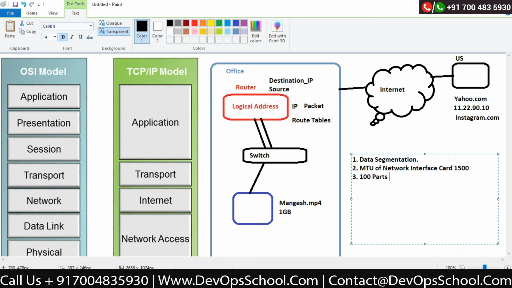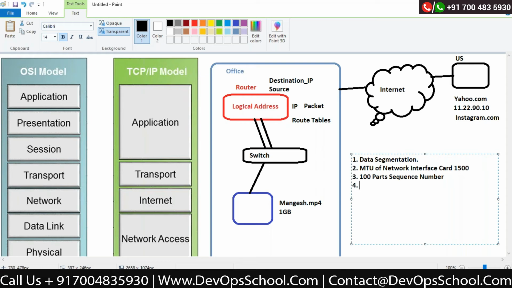Every single part has a specific sequence number, a unique sequence number like 1, 2, 3, 4, 5, 6, 7, 8, 9, 10, up to 100. Correct? That is the way you can do that.